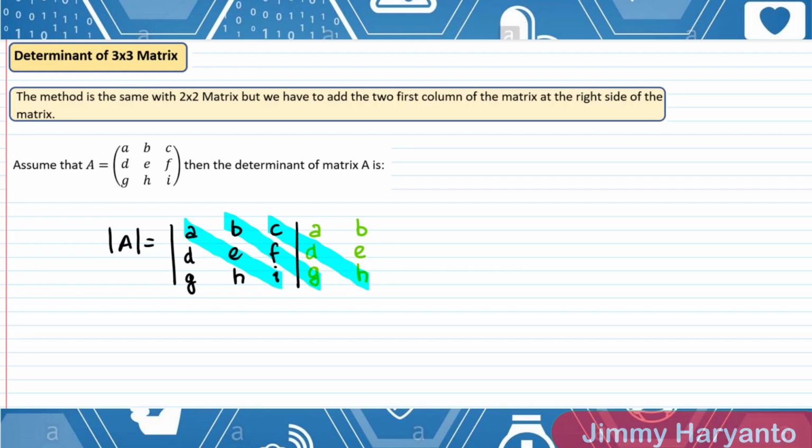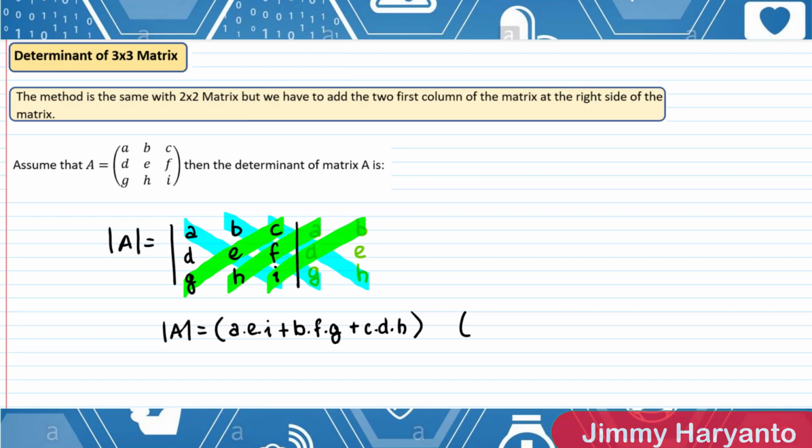So now we have three diagonals, and we can calculate the multiplication like this: A times E times I. Because we are on the same steps, starting from the top left and going to the bottom right, we have to add the results. Add the result with B times F times G, and then add the result one more time with C times D times H. After that, we go to the other direction, which is this one,